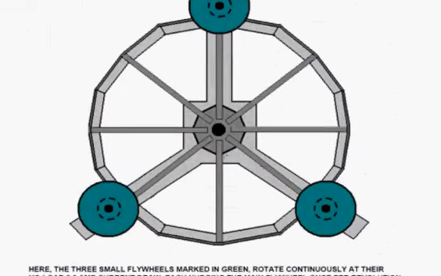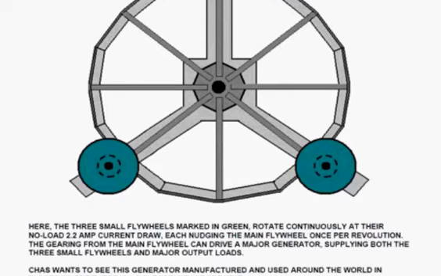Now, the thing is, there are 3 of these, and there's only one drive strip. So these give the big flywheel 1 push per revolution. But there are 3 of them, so the flywheel gets 3 pushes per revolution,